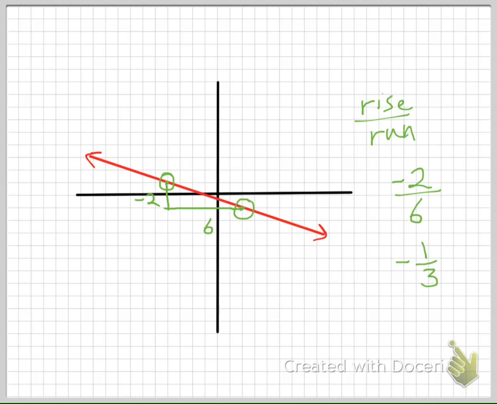Now, one suggestion I make: the biggest thing that students mess up on in this is that they get the slope right, but they make it negative when it's supposed to be positive, or positive when it's supposed to be negative. Here's what I recommend you do, and if you take seriously like 2 seconds to do this on every problem, then you should never get the wrong sign. So let's say I have